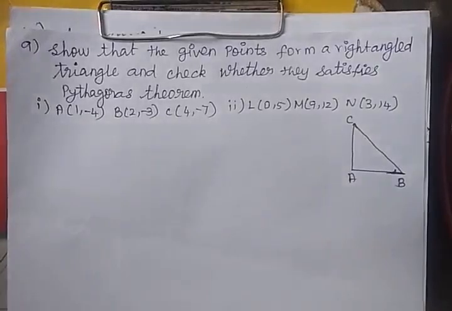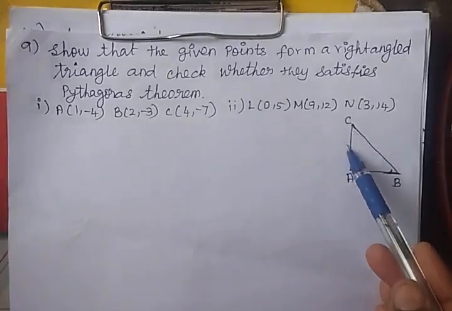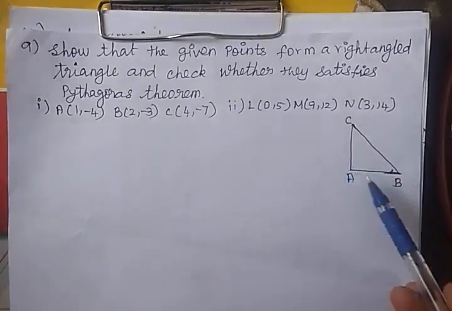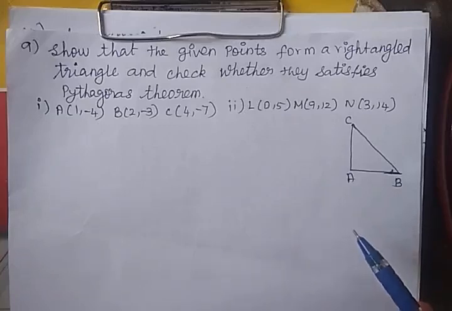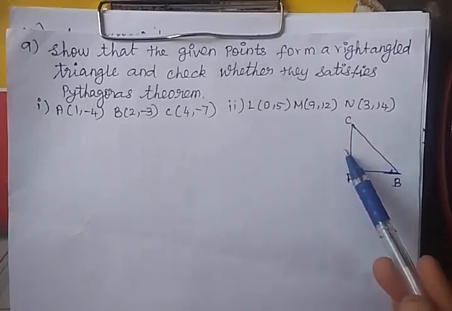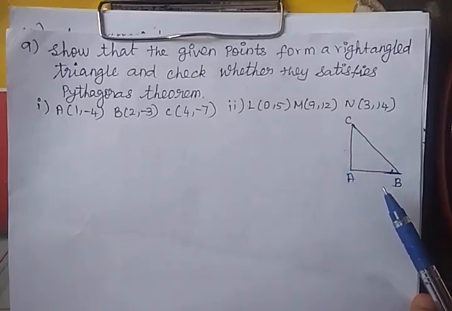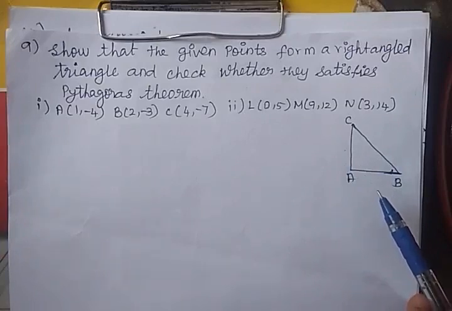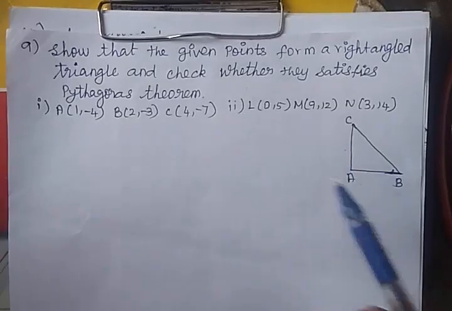The next question is the 9th question. Show that the given points form a right angle triangle and check whether they satisfy the Pythagoras theorem. In a right angle triangle, we know that one line, AC, is perpendicular to AB. So for slopes, we know that m1 times m2 is equal to -1. So we want to find the slopes of each side. So the slope of